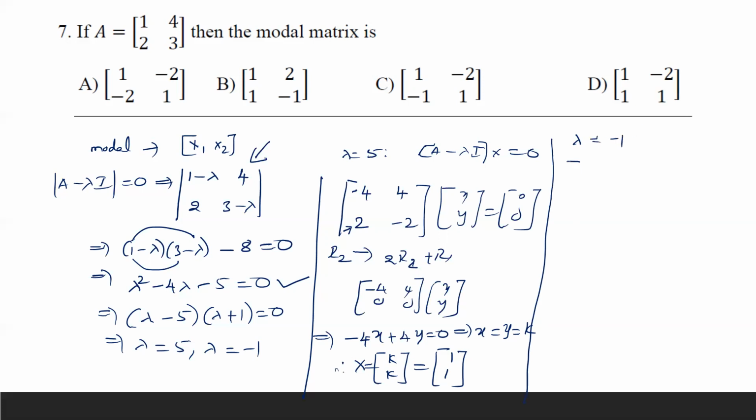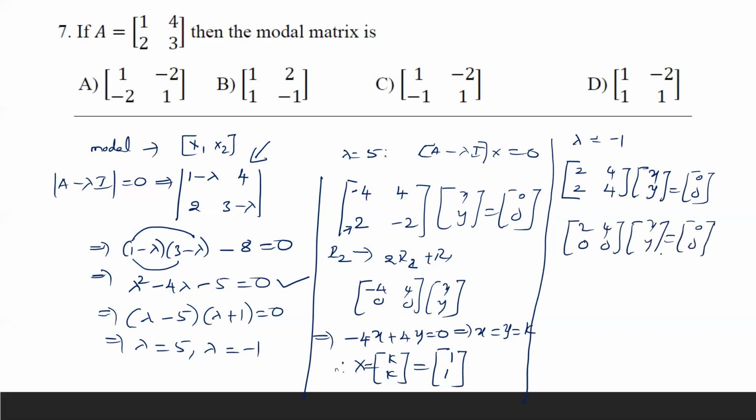see how much you'll get. Again, the same story. In 1 minus lambda, I'm substituting lambda is equal to minus 1. So 1 minus of minus 1, 1 plus 1, you see it is 2, 4. Then in the second row also it is 2. And in place of lambda here, if you substitute minus 1, 3 minus of minus 1, even this is also 4 here, because you got two rows as same. You can easily make one of the rows as zeros and you can subtract one from the other here, right? That's how we'll get it like this: 2, 4, 0, 0. And here you'll get the second row as completely a 0 row.